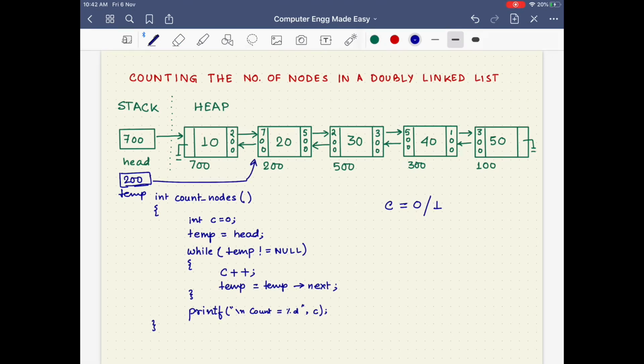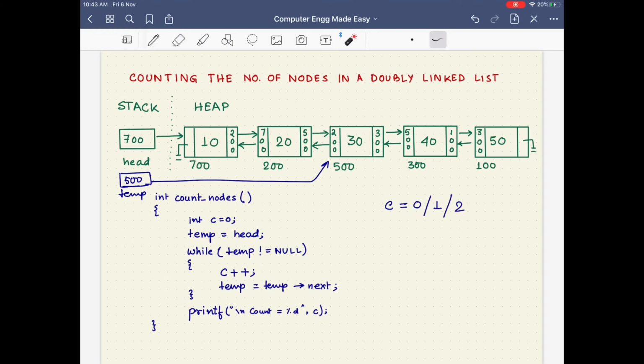Again, we check if temp is not equal to null. We find that the condition is true. So therefore, we execute C++. So C now becomes 2. And then we execute temp equals temp next. So in temp next, we have 500. So this 500 now gets stored in temp, indicating that instead of pointing to the second node, temp now points to the third node of the list. After this, again, we check the temp not equal to null condition.